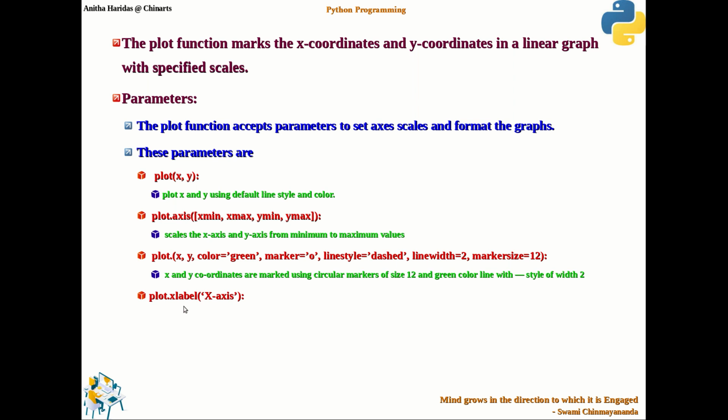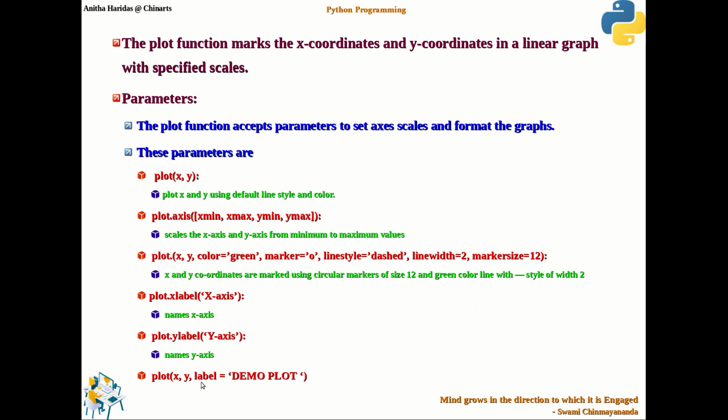Then x label we had seen. If you want to give a name for the x axis, you use the xlabel function. If you want to give a name for the y axis, then you use the ylabel function. Okay. Then apart from that, for the entire graph, if you want to give a label, then you can use the attribute called label.